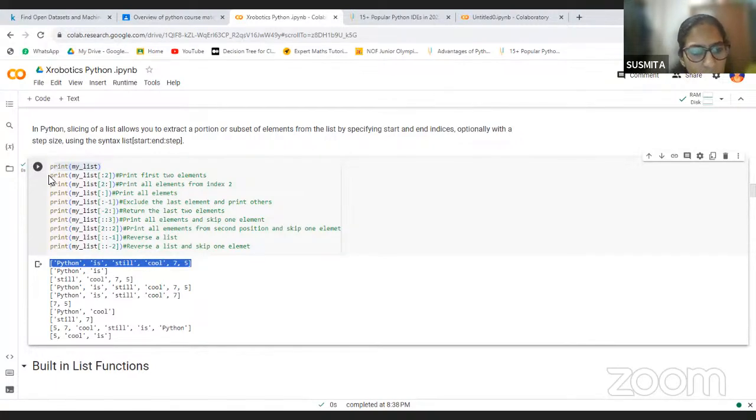So here, if you want to slice a portion of that list: in our previous example, we accessed a particular indexed value. But now we will do a slicing over it. That means a particular portion, not a particular index, will be cut, or it will be printed. So in this example, you can see